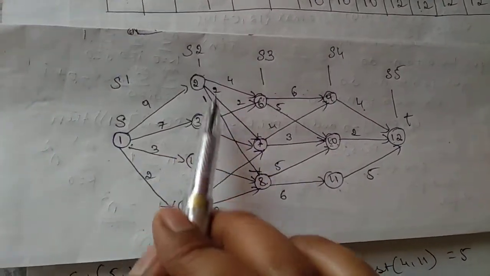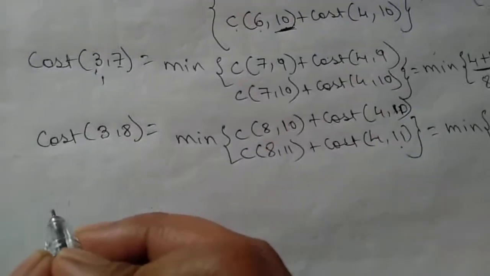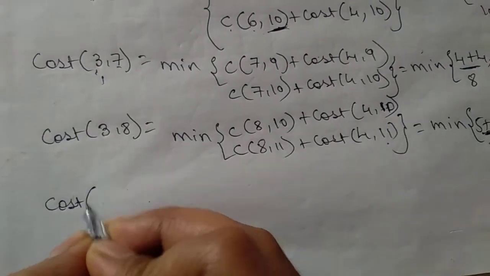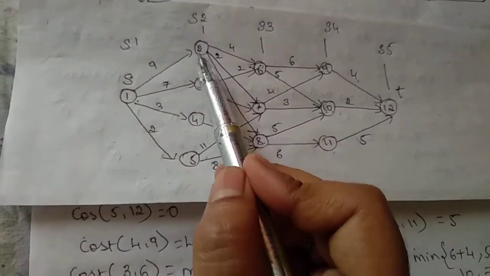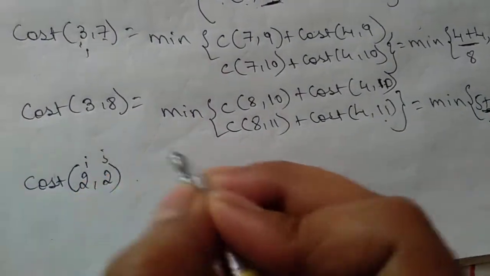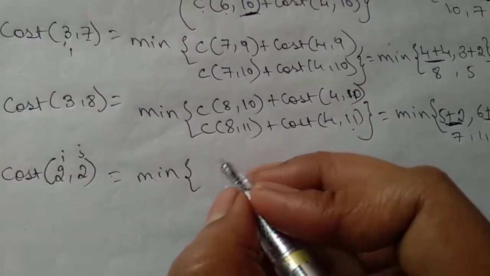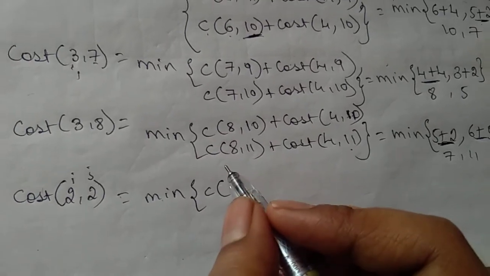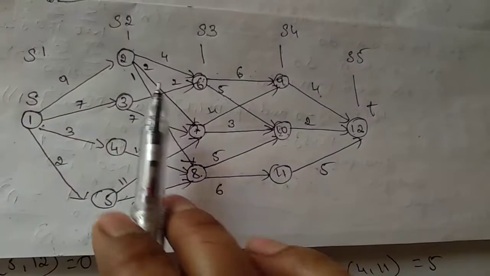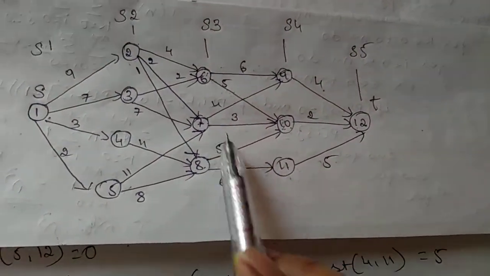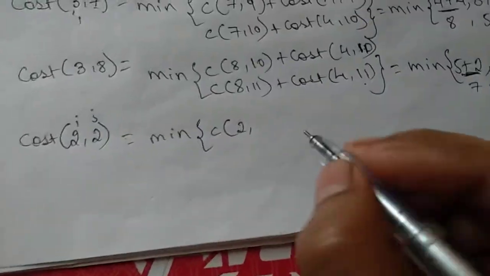Let us move for stage 2. 2, 3, 4, 5 we have. First I will go with 2. Now with respect to the formula, cost stage 2 vertex 2. Stage 2 vertex 2 I am taking. This is I, this is J. Stage is I and vertex is 2. J. Then C of J, L. From 2 I am going to 6, 7 and 8. For 3 vertices it is going 6, 7 and 8.